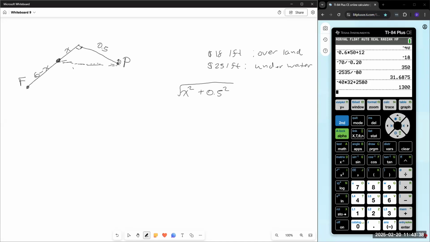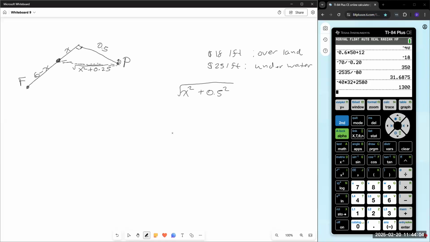So this distance here has to be the square root of x squared plus 0.5 squared. Half squared is a quarter, so I can just write that as 0.25 inside of the square root sign. So now that's the distance in miles that I am going to